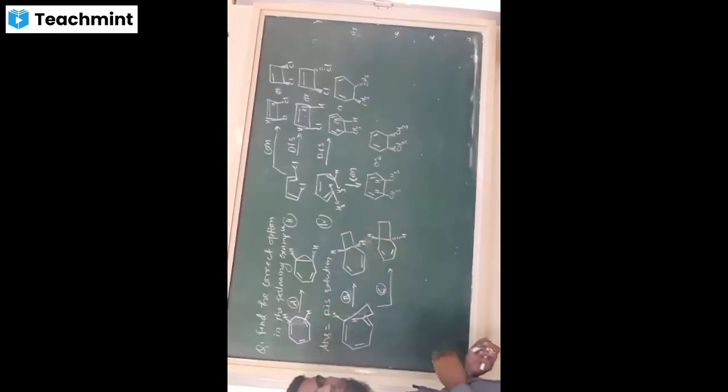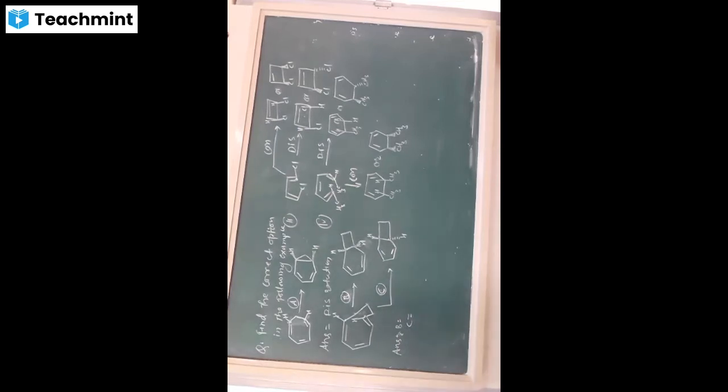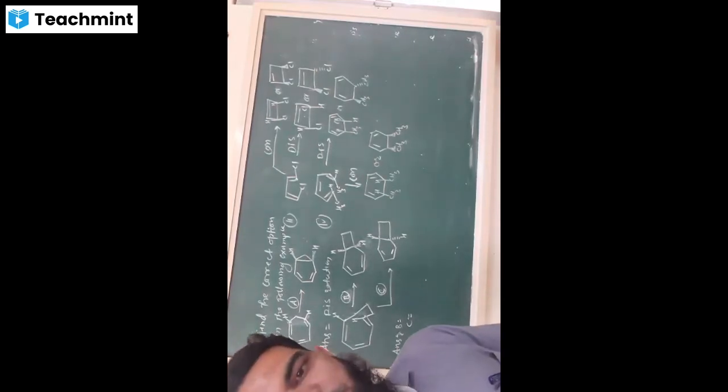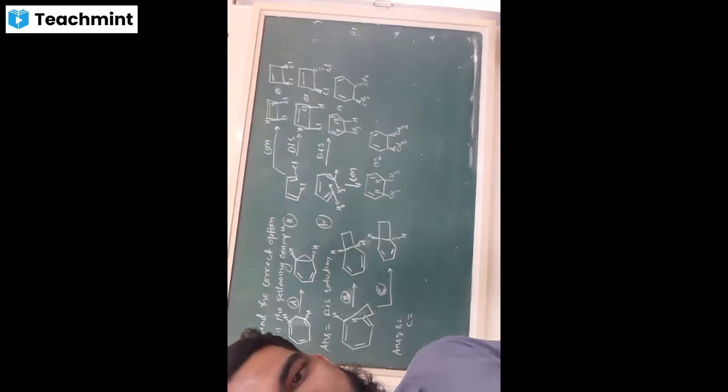What does it indicate? It indicates the answer for this B is... and what is C? Which kind of rotation takes place in B? Which kind of rotation will take place in C? In case of C, this rotation is there. Very good, beta Ishraq. In case of B, con rotation takes place. Very good, Namira, Bisma.